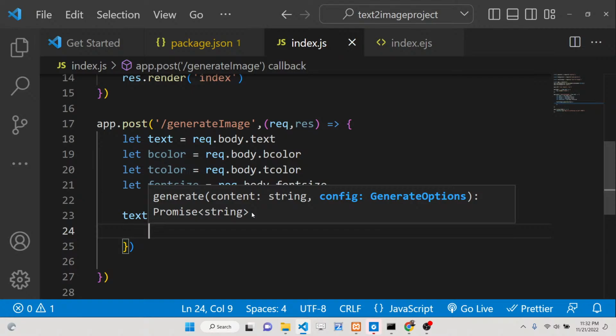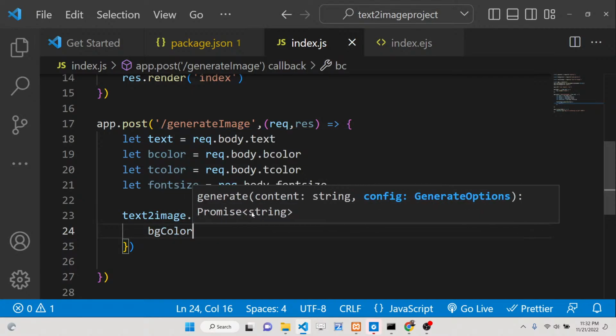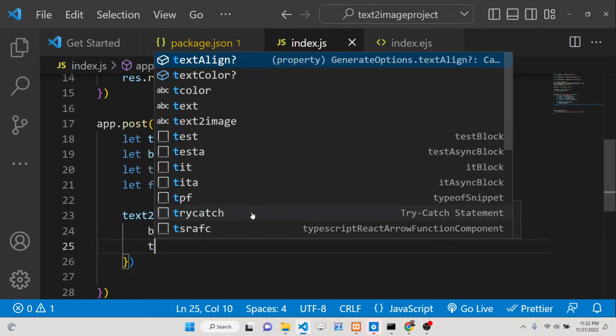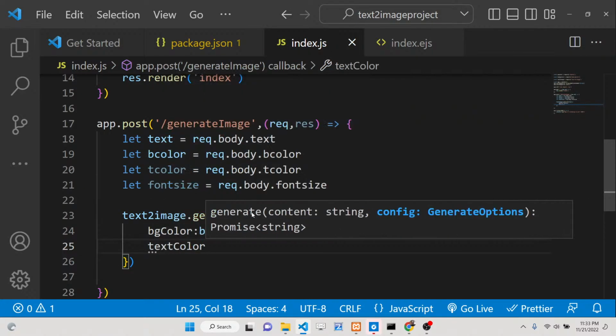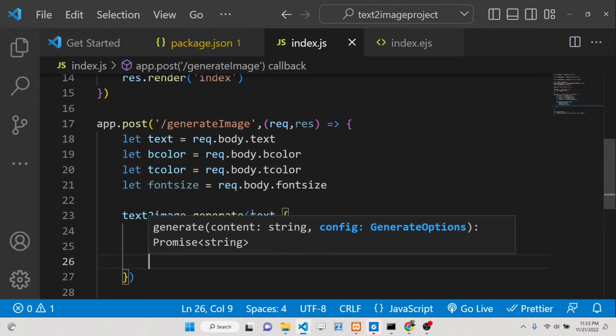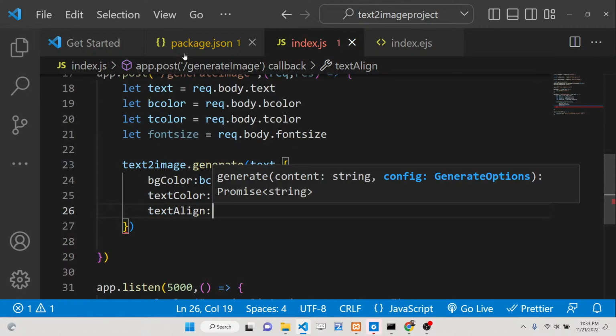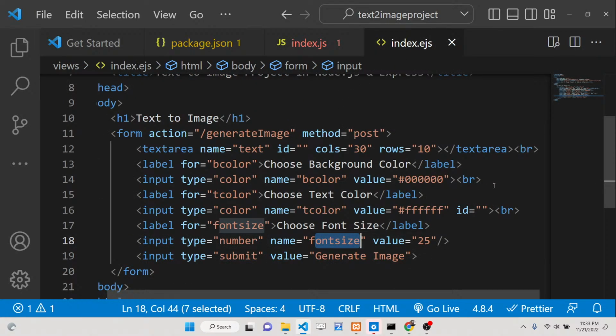First option we will pass is the background color, BG color. So this will be equal to the background color we selected. Then we will have the text color. So text color will be the T color that we have. And for the alignment, guys, it can take three values, either left, center or right. Default value is left. So what I can do is that basically